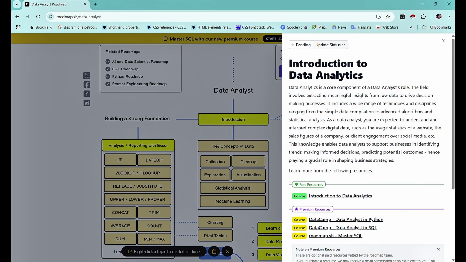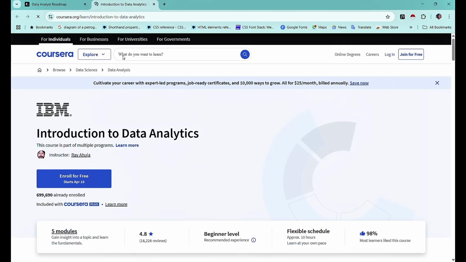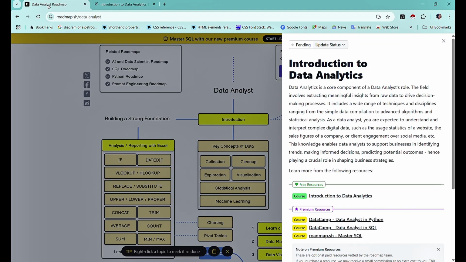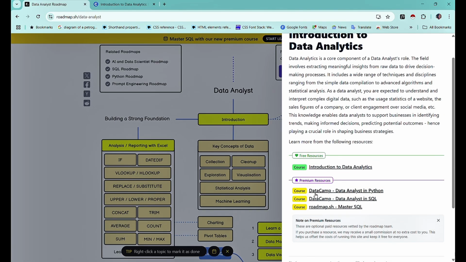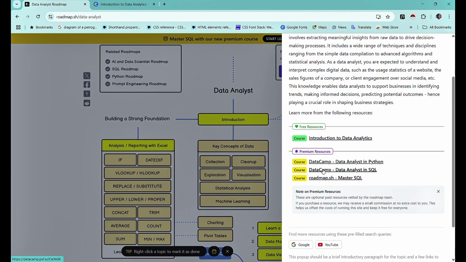So you have this information that they put here about data analytics, and then you have a course, which is a free resource. Once you click on this, it links out to a different course. If you were looking for paid resources, then you could go to DataCamp and the other resources that they have here.